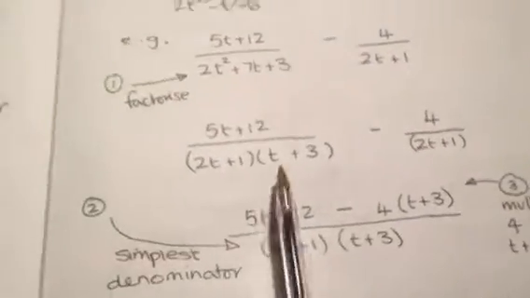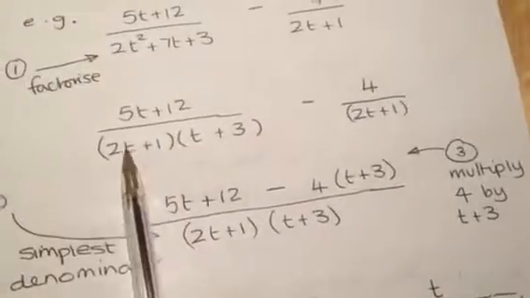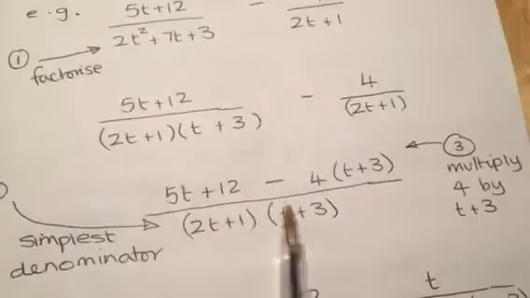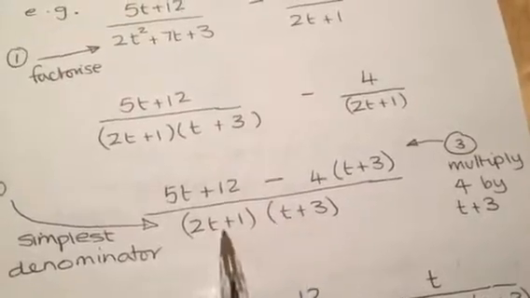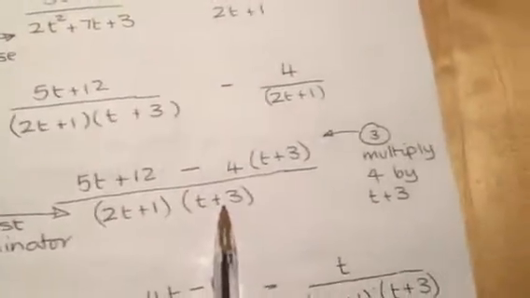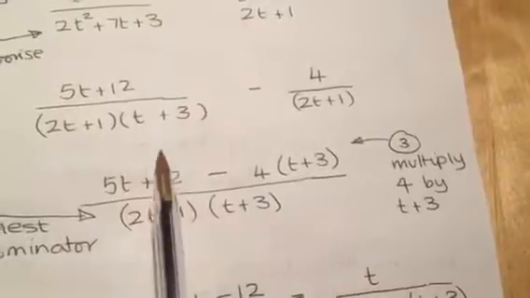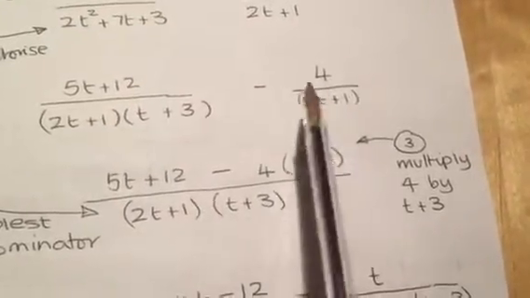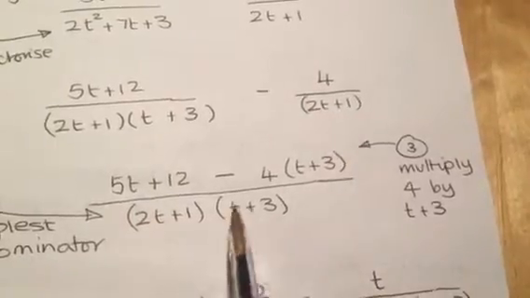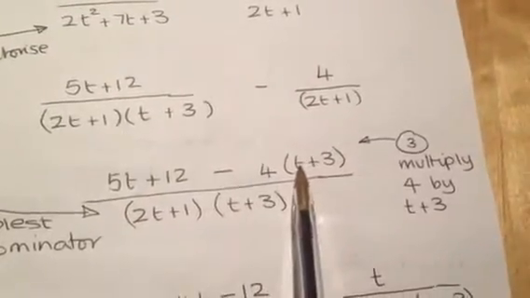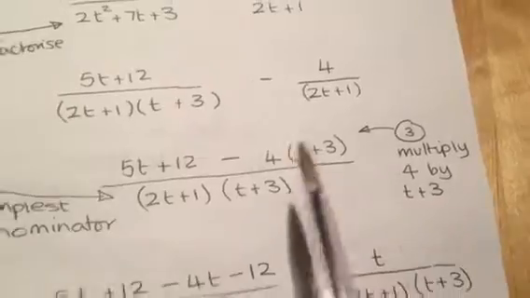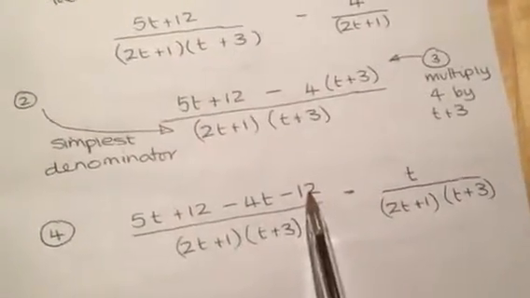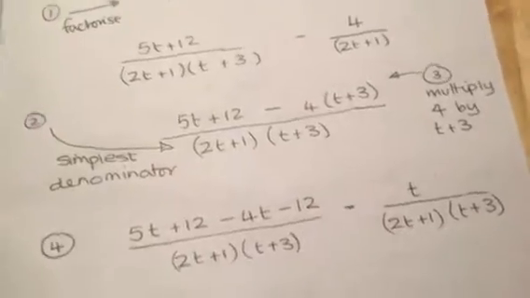Step 2, spot the simplest denominator. So I've got 2t plus 1, t plus 3. So my simplest common denominator is this. Step 3, multiply the numerators. So this is already over the common denominator. This one is over 2t plus 1. So I need to multiply by t plus 3. And then multiply out. Step 4 is multiply out the numerator, and where possible